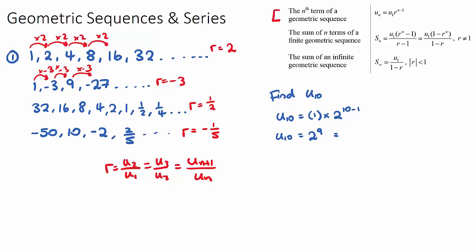So 512 will be the 10th term in this sequence here. Okay, now if we want to find the sum of a number of terms in a finite geometric sequence,